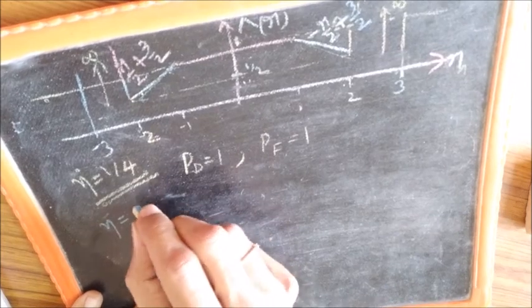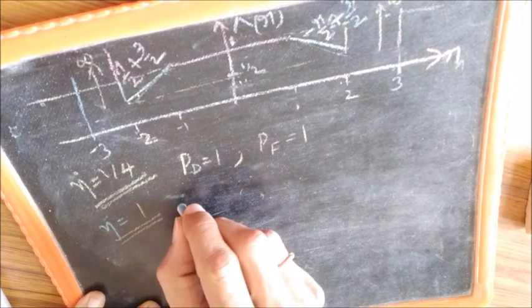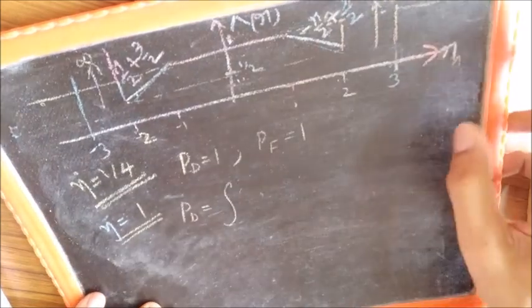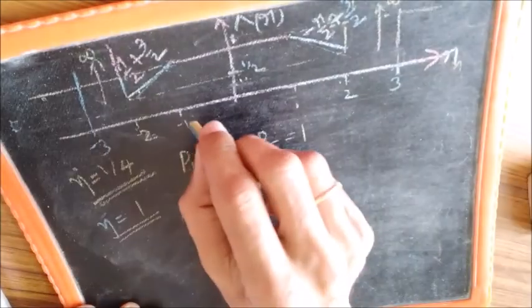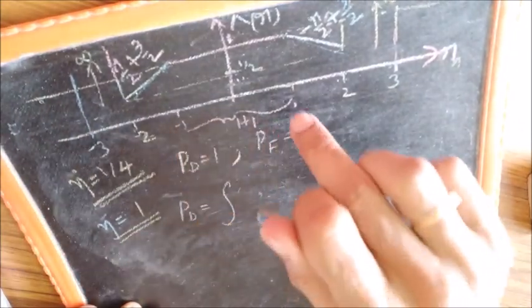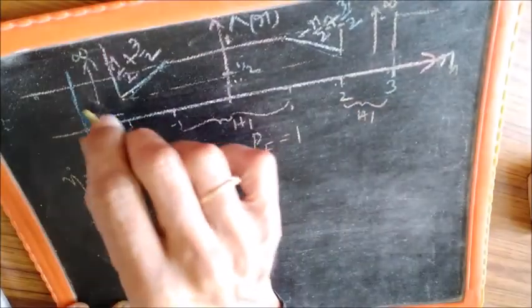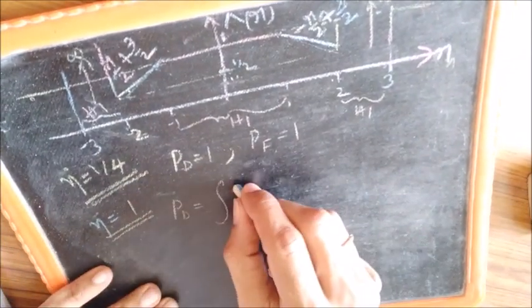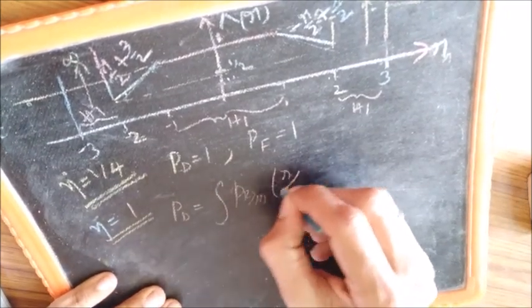Next, when eta is equal to 1, we have the probability of detection as equal to. So if you recall, when eta is equal to 1, we say H1 is the true hypothesis whenever R is in this region. I will write it down here. This is for H1. When eta is equal to 1, this was for H1. And this is also for H1. This is also for H1. And the rest of it for H0. So detection happens when H1 is the true hypothesis and you end up declaring it as H1.